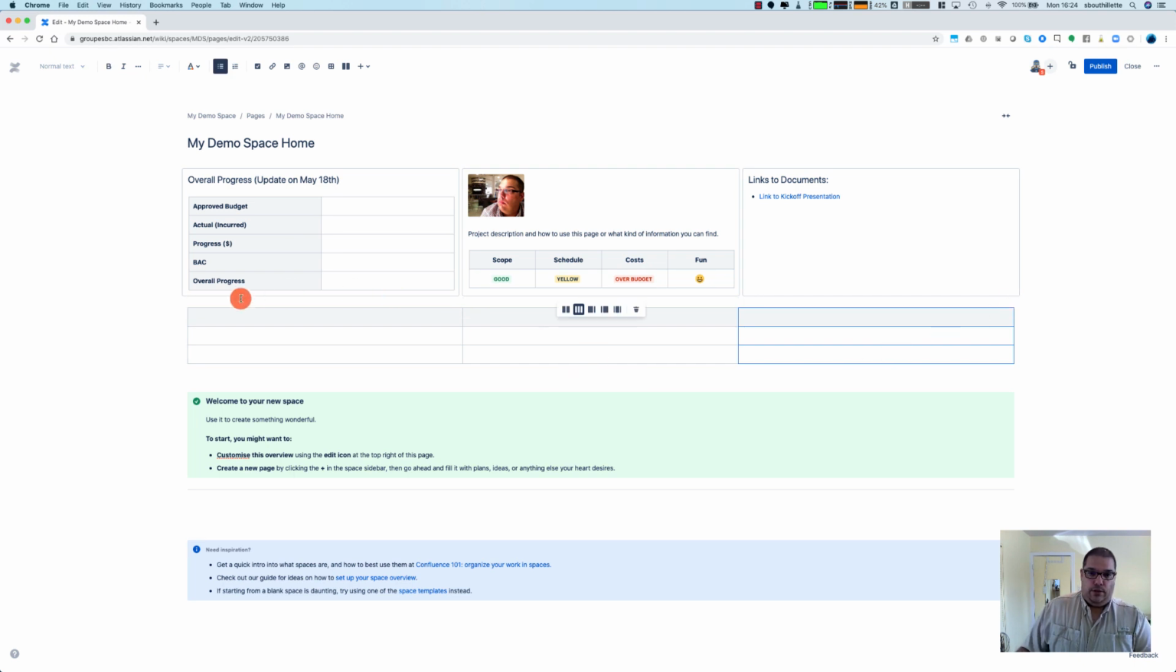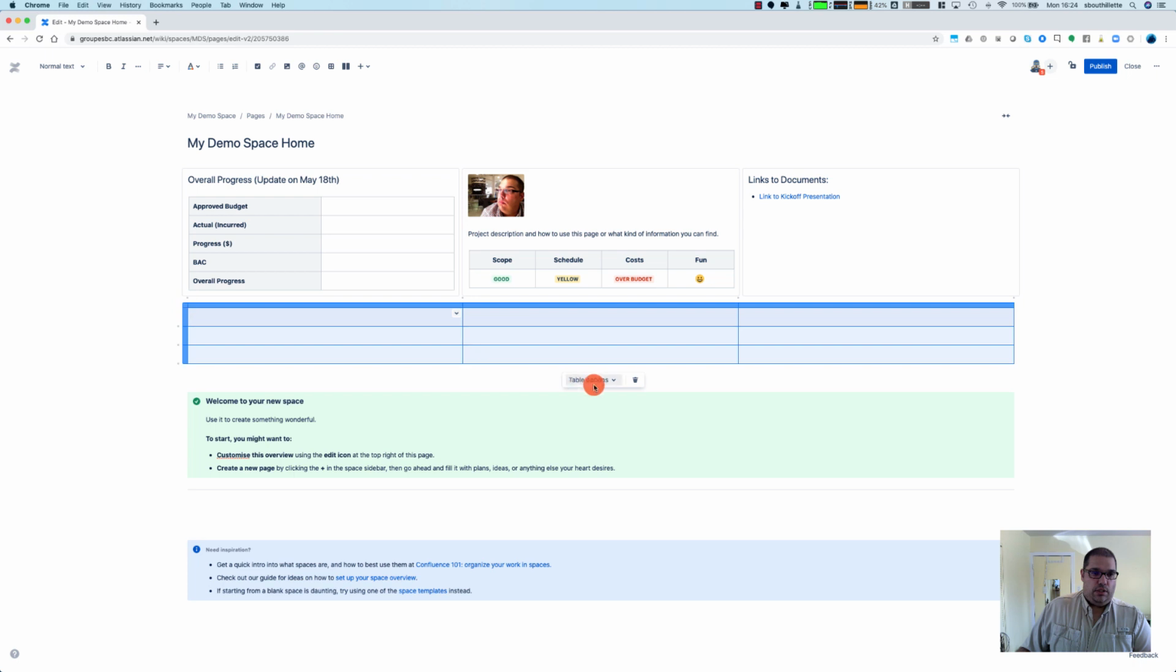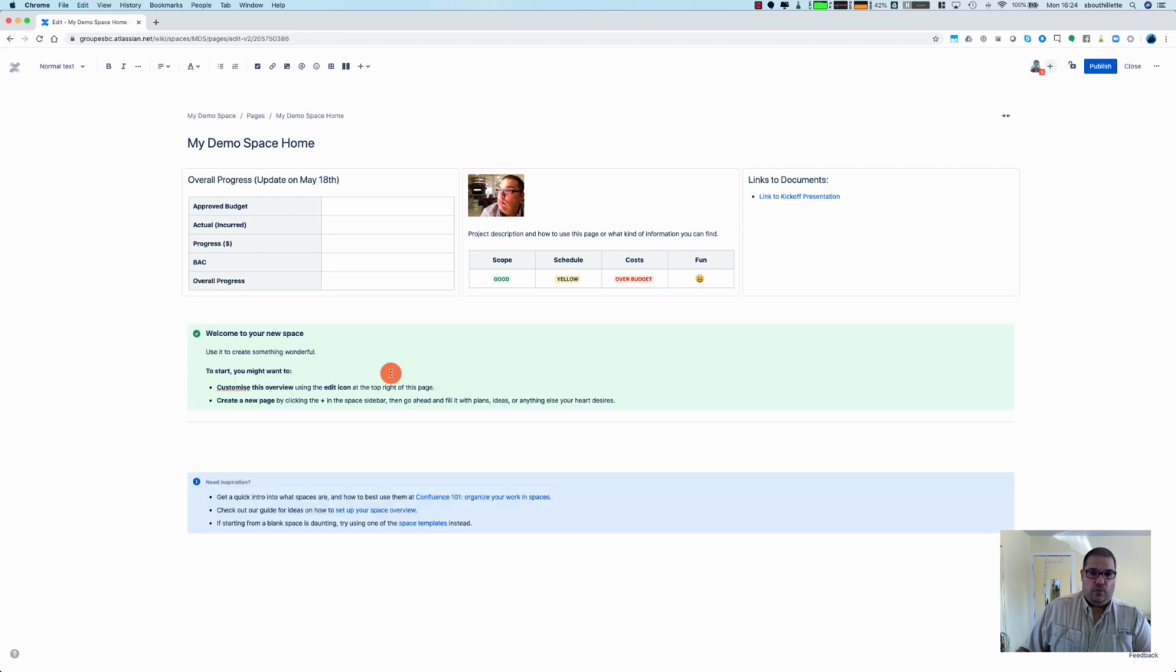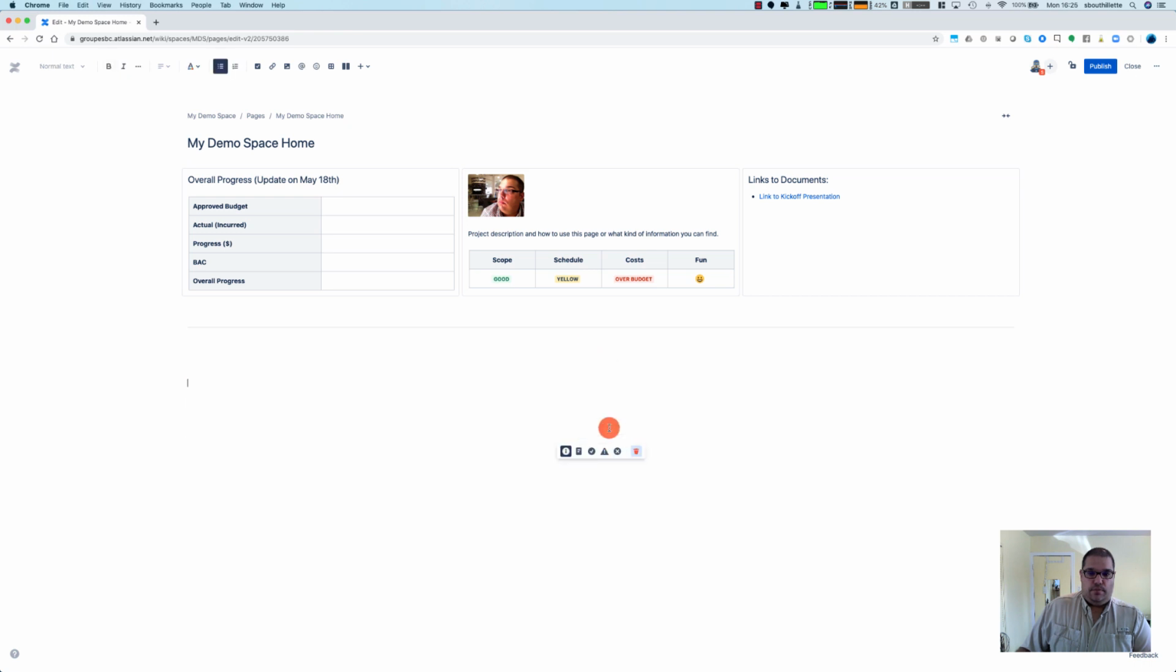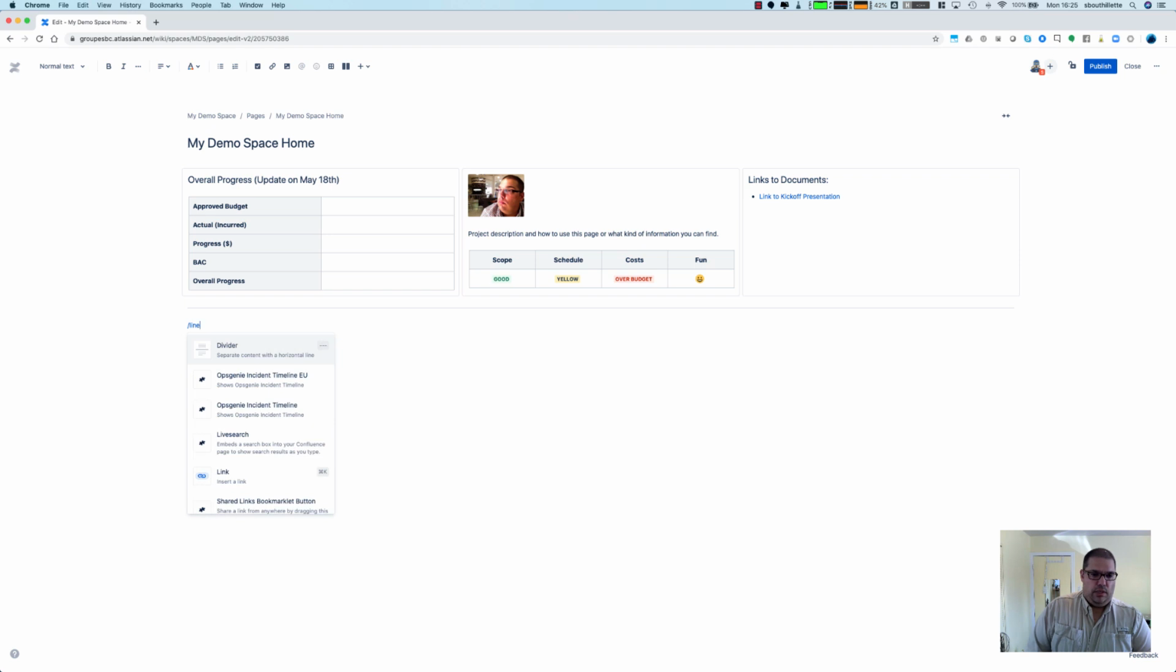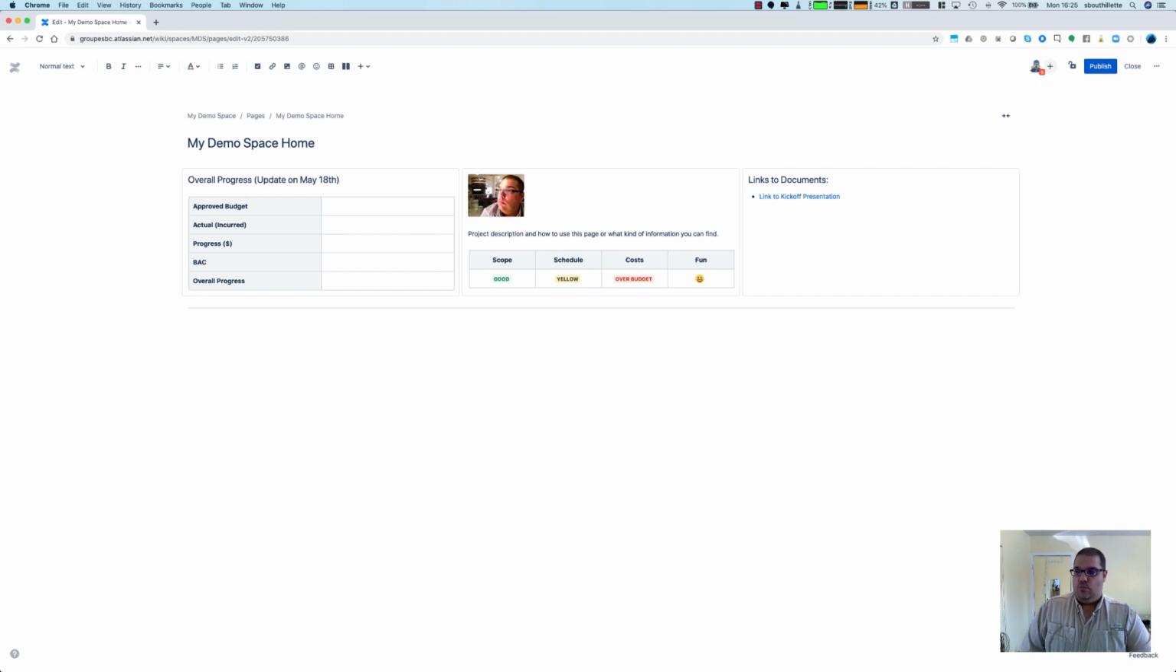Another thing I then do, I'm going to delete this table here, and I'm going to delete this message here. There you go. You can insert a line here if you want. Is it divider? Yeah, I think it's divider. There you go. I'm going to erase one of them. What I do then